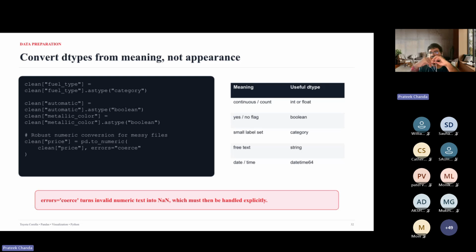If there are any messy CSV files that you have, you can use something called pd.to_numeric that can help you clean the file or clear out such errors. It is a more robust numeric conversion. Any kind of invalid numeric text, using the errors coerce setting, would be converted into a NaN value. So you can handle that much better instead of having a long numerical text. Those are the different functionalities for pre-processing correctly.